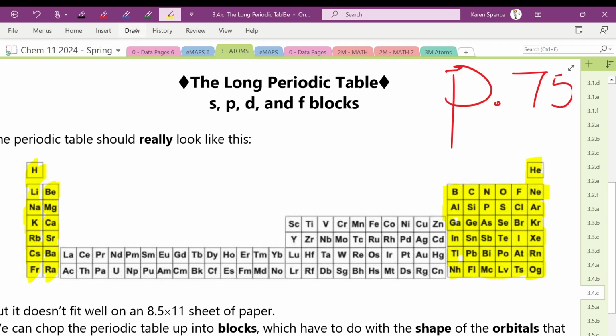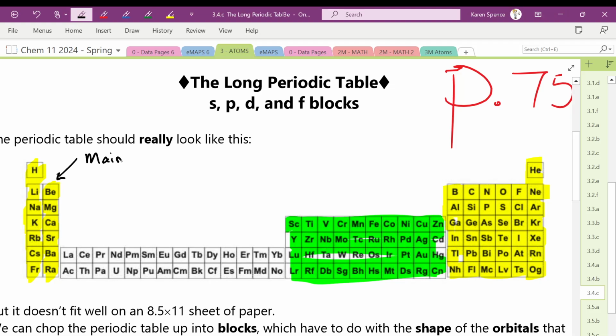What's the other part of the periodic table we are used to seeing? The transition metals. So we have our main group elements, we have our transition metals,